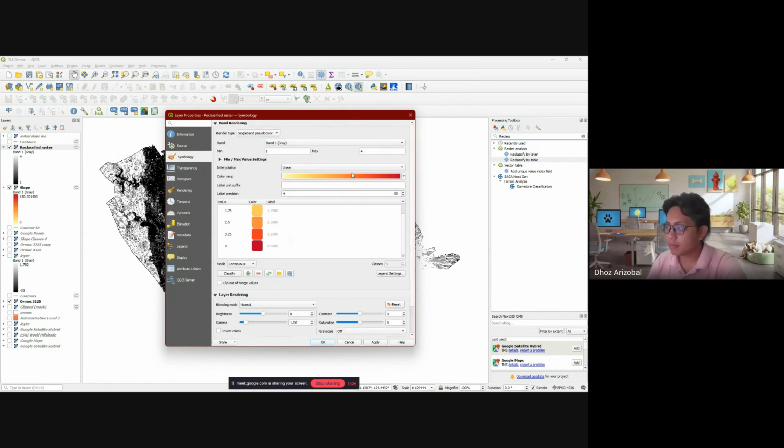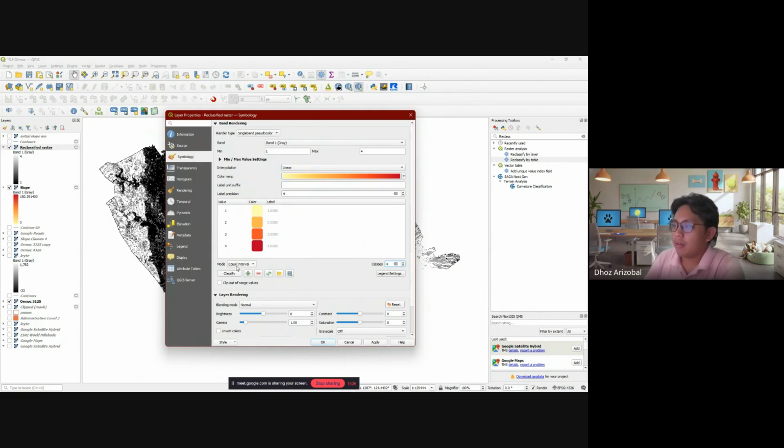Okay. And I'm keeping the same colorway. By default, you'll have 0, 1, 7, 5, 2. Okay. I don't want that. I want to follow my coloring system, which is 1, 2, 3, and 4. So I will select here equal interval and 4 classes only. Okay. So I have distinct colors for my area.